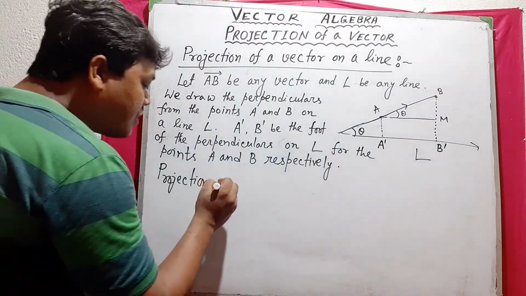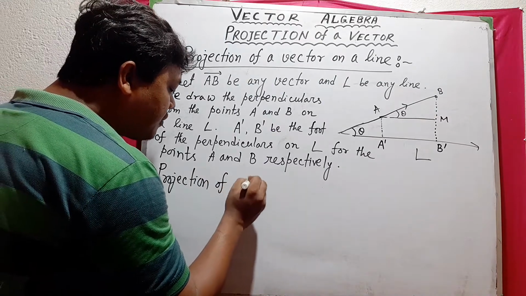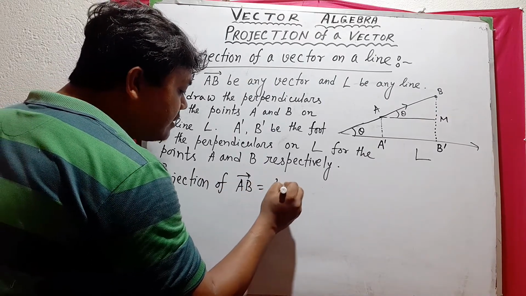So projection of AB vector equals the length of